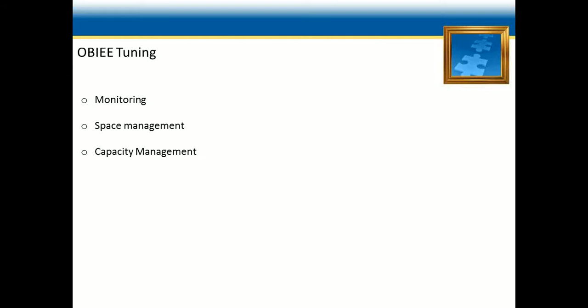Suppose I have an example. A small size system can be categorized as less than 3,000 total users. I have a 32-bit CPU, 4 cores with the recommended 2 GB of RAM per core, and I have less than 1200 concurrent users. So in a small size system we can have these scenarios. If you use these scenarios in a small size system, you will have good OBI tuning, or you will have the performance increased.